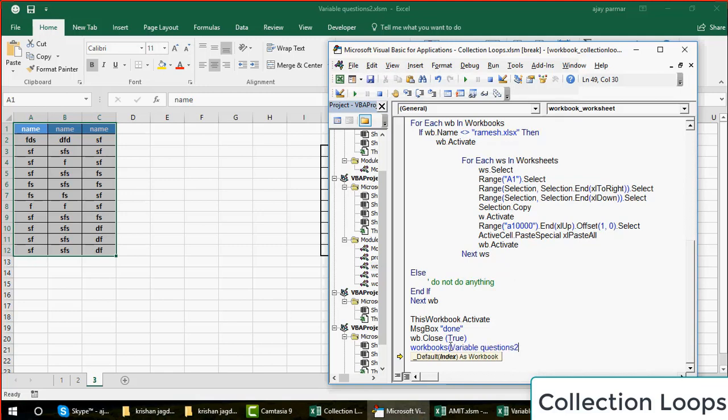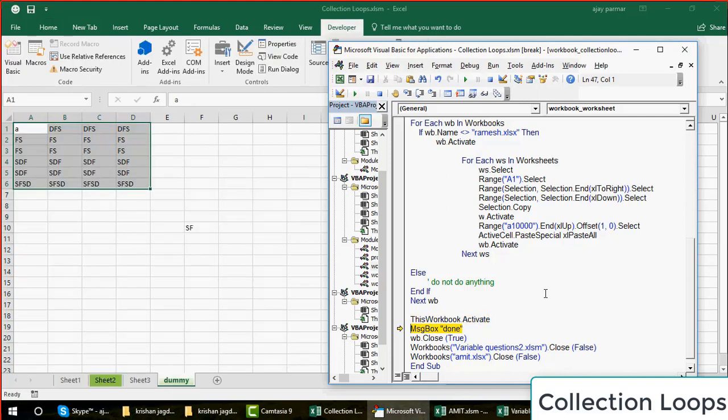As I said, you can also create the object variables for them, just in case you want. Then you will just write wb1.close and all that stuff, right? Close. You want to save the changes? No, that's okay, because that was just to copy the data. You make it true or false, doesn't matter, because you are not changing the data. And here you will write Amit.xlsx. This is how it is. So I'm going to put this back, guys. Let's go. And this workbook done.